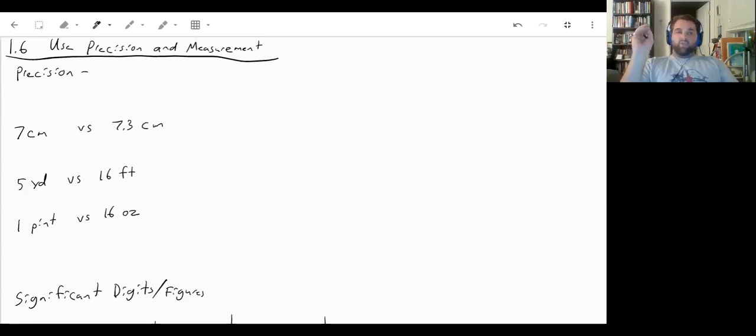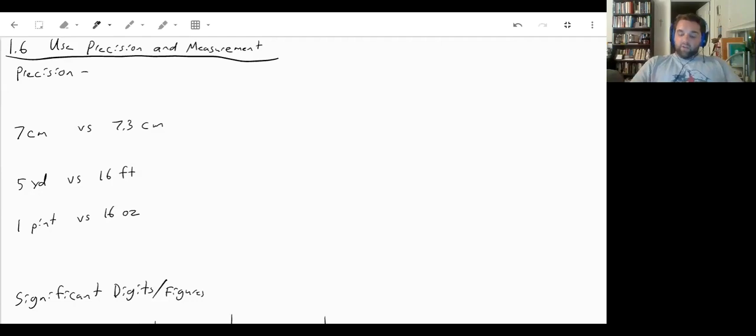So if we are trying to choose which type of measurement is more precise, generally the further into decimals, well, actually, hold up. Two different variations. If you are measuring using two different types of measurements, say feet versus miles, measuring using feet is going to be a more precise way of measuring than using miles because feet are smaller increments. Now, the other thing is if you are measuring things off of the same type of unit, so feet to feet, the one that has more decimal places or gets closer to zero is going to be your more precise